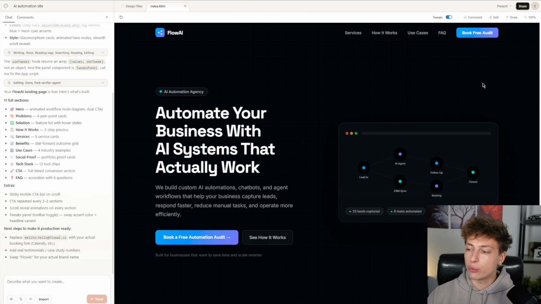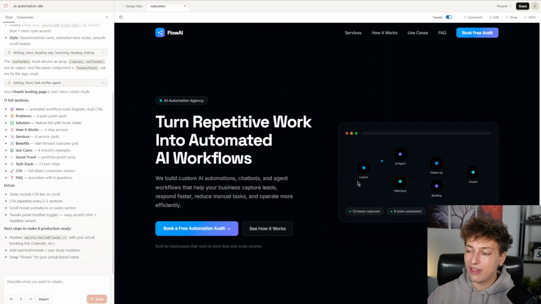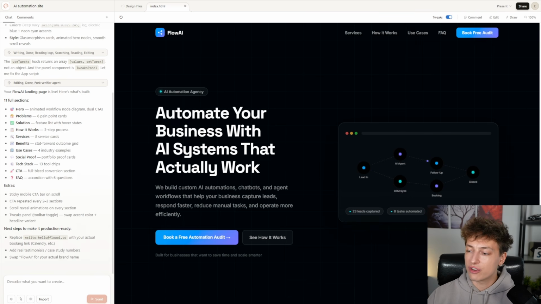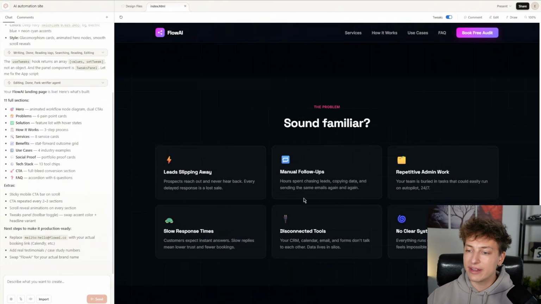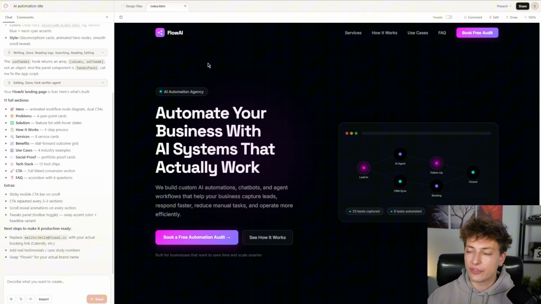Let's take a look at the tweaks. So it only gave us 2 tweaks. We can change the headline text here, or we can change the accent color. As you can see, it's also a gradient. That's pretty cool. Overall, not the best, to be honest, but to give it a fair shot,